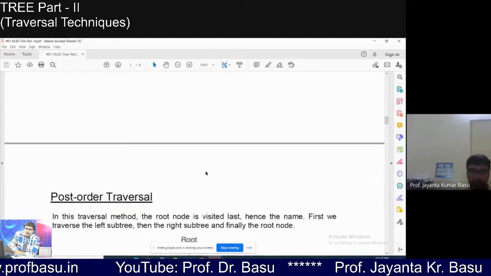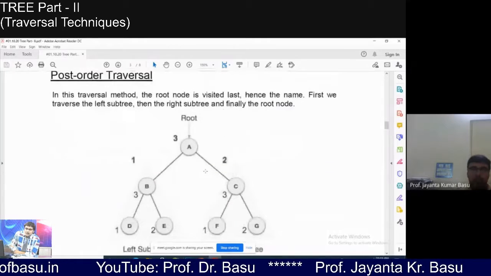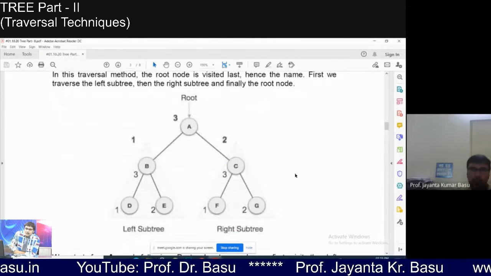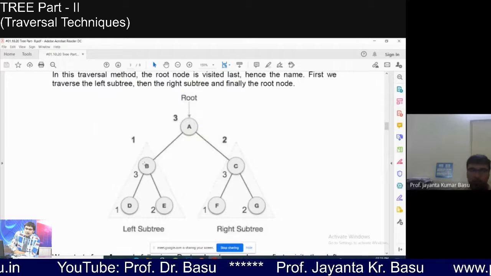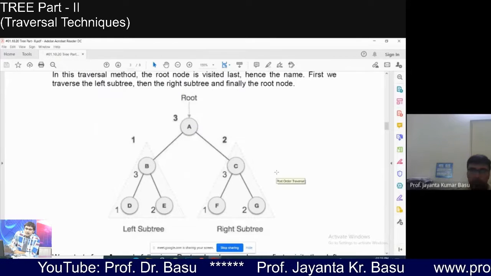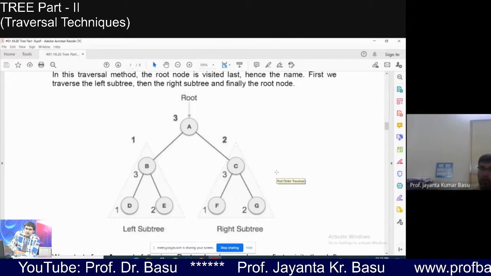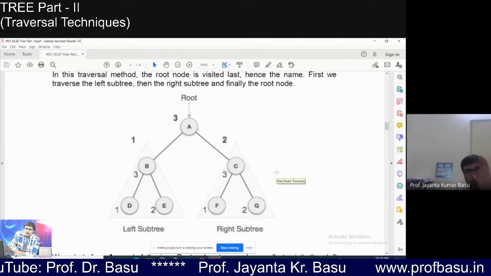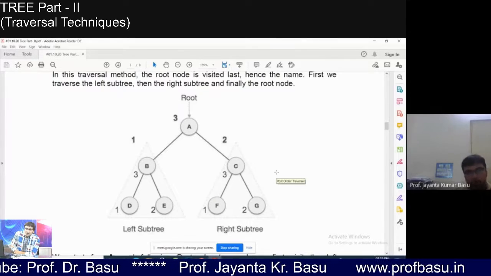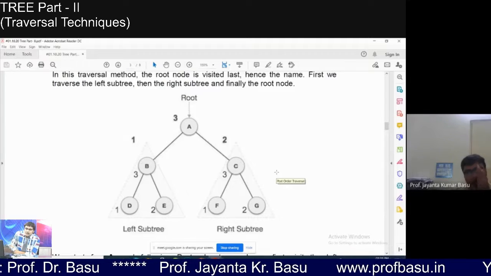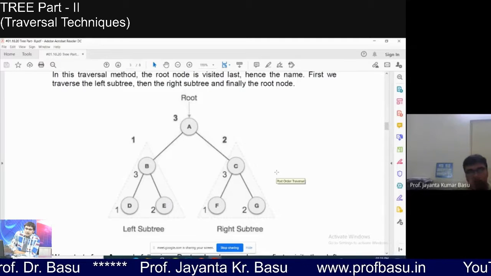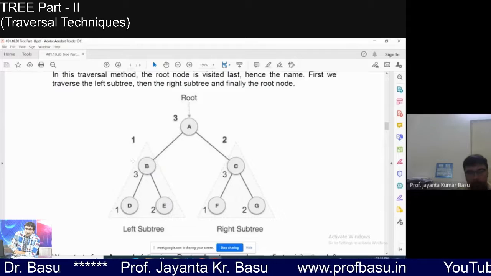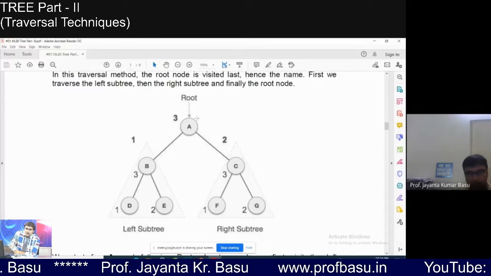Okay. Now post-order. In post-order, it is left, right, root. So in-order traversal is left, root, right; pre-order traversal is root, left, right; and post-order traversal is left, right, root.